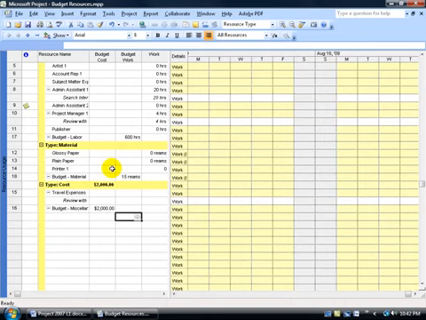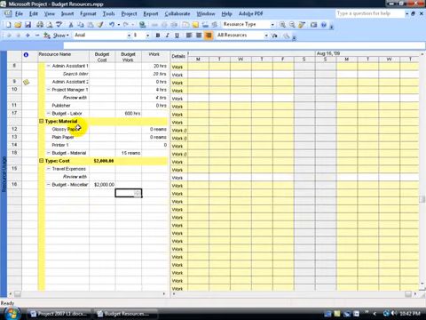Scroll down. Let's look at our materials. Well, we have 15 reams as our budget, and the total reams that we've used, well, we haven't assigned any yet, so I'm not getting a total here. What about the cost? Well, notice that I've got the resource assigned to review with a subject matter expert, but where's the cost here? We have the budget cost, we have the budget work, and we have the work, but what we don't have is the cost field to let us know what cost has been assigned to this task here